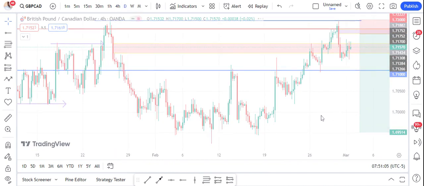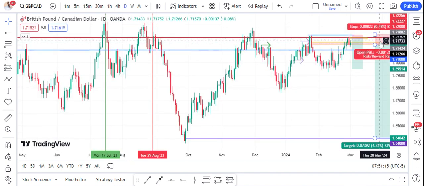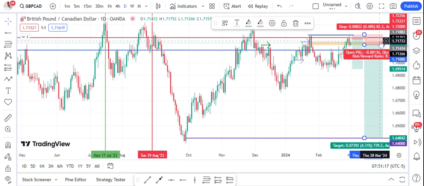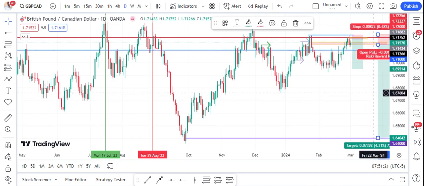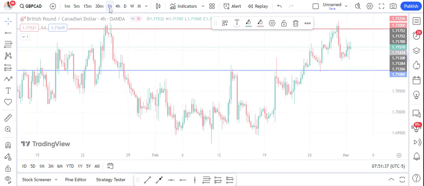On the daily time frame, I'm expecting about a 700 pips move, which is me risking around 50 pips for a 700 pips move. This is for the daily time frame. And then on the 4 hours, because of this fair value gap, which is the reason why I'm throwing a 0.50 position into the market, because of what I find on the lower time frame.